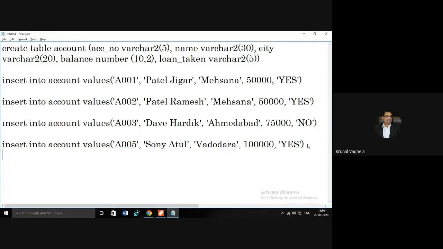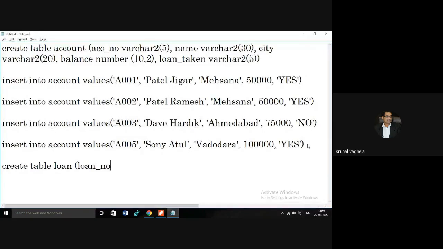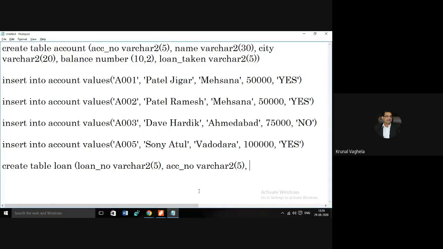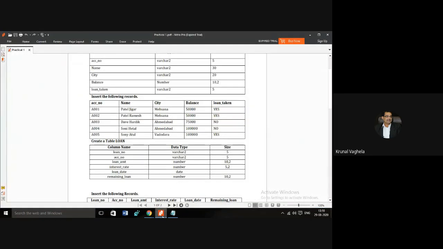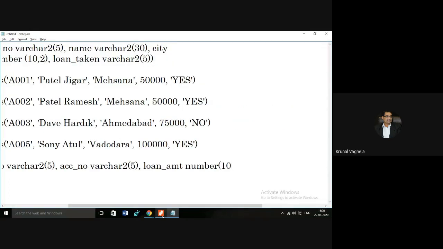So I'll write here: create table loan. Then let's write the columns. loan_number varchar2(5), account_number varchar2(5), then loan_amount. The data type is number because an amount cannot be in alphabets, and the size is 10,2.